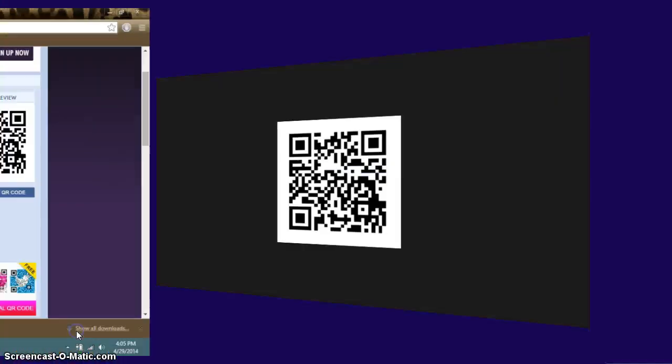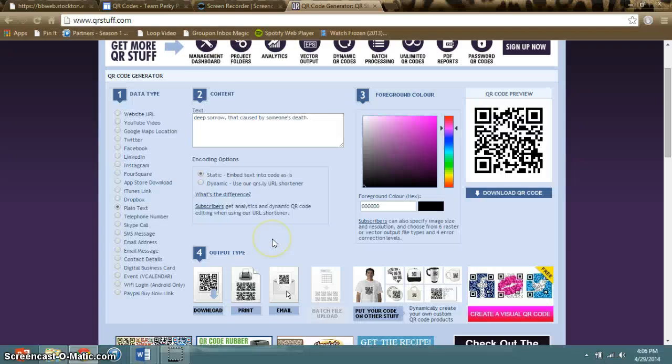and here it is. And then I can place these all around my classroom so the students will find them, and then they can move on to the next vocabulary word and the next station. I think QR codes will be really beneficial in the classroom because it will keep students actively engaged and involved.